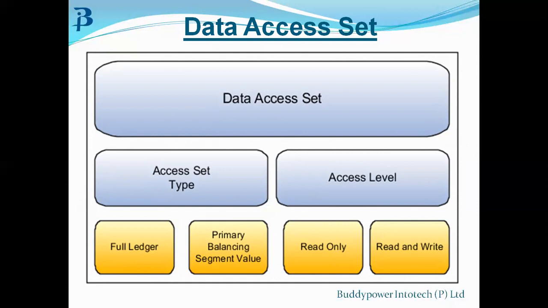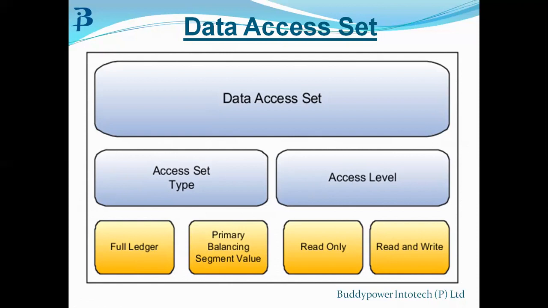For example, say the general accounting manager grants access to all the general ledger functions to his subordinate. There you can give an access set. You can decide to whom you need to give a certain level of authority. A higher level needs more authority. A lower level needs less authority. Basically, that is your data access, that you do here.